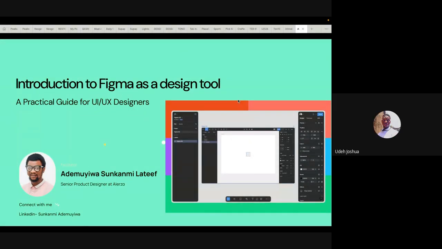Okay. So again, my name is Ademuyiwa Sukomi Latif. I'm a senior product designer. And today we are discussing Figma as a design tool. So we've actually treated some topics to introduce us to UI UX design as a skill. And then Figma is a major tool that UI UX designers use to execute designs and to perform tasks. So that's why we are picking Figma out of other tools